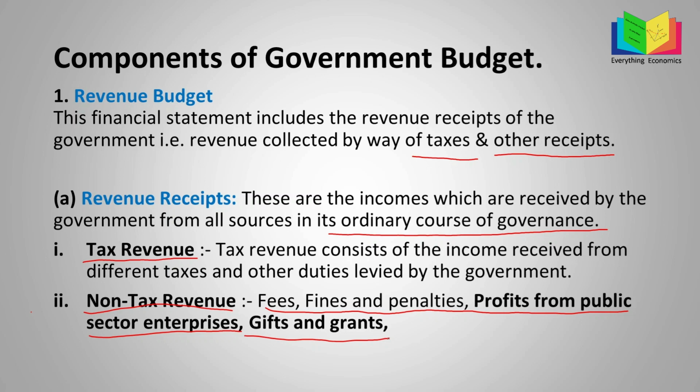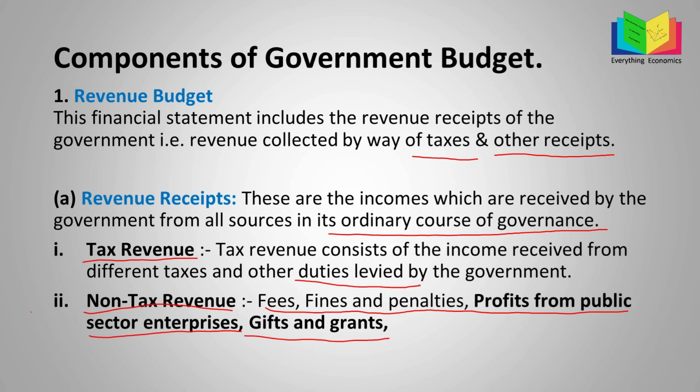Tax revenue is the tax that the government receives from different people. Either it's direct taxes, that is the tax on income, or indirect taxes, that is taxes on goods and services, or it's also the taxes or the duties that the government levies on imports. So that's one. The non-tax revenue: fees, fines and penalties are part of non-tax revenue, and also profits from public